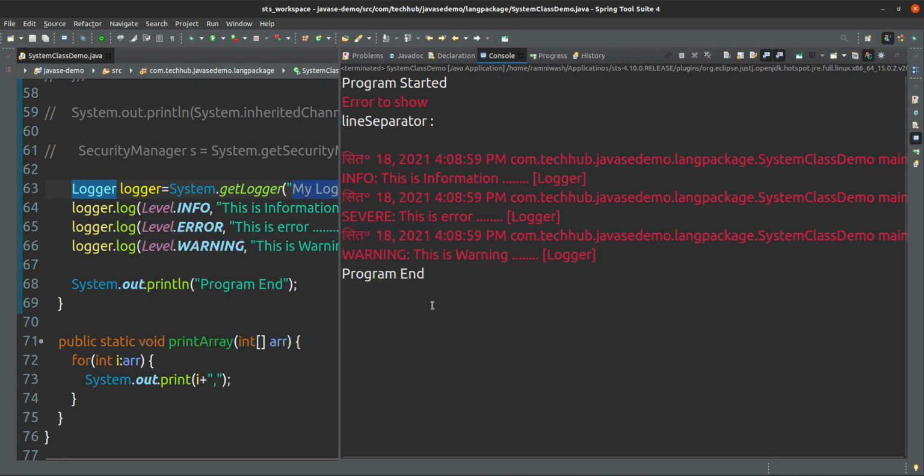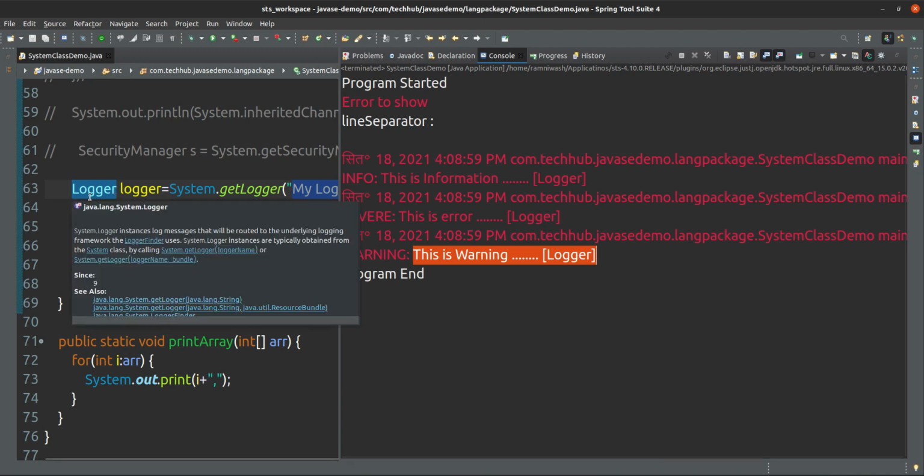Logger has some levels: information level, error level, warning level, severe level, and many more. So this is the info level. Severe, this is severe. Warning, this is warning, like that.